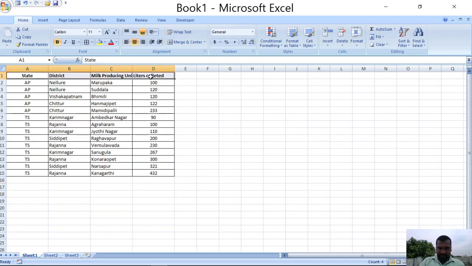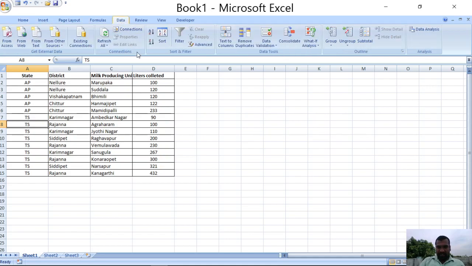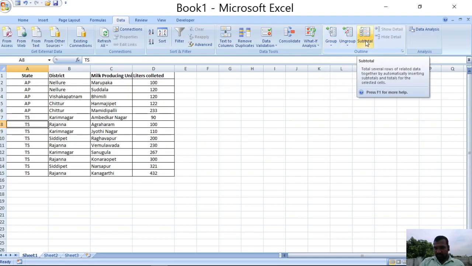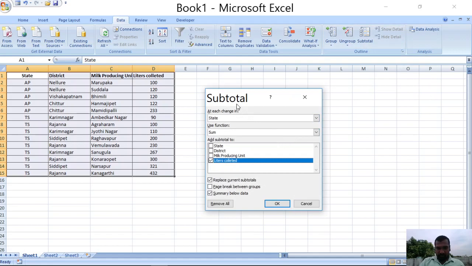These are the column headings. Now I want to perform the grouping operation. For that purpose, next to the Home tab, there is one tab called Data. Click on this Data tab, and here we have the Subtotal option. Click on Subtotal. Now the entire information will be selected on the sheet.